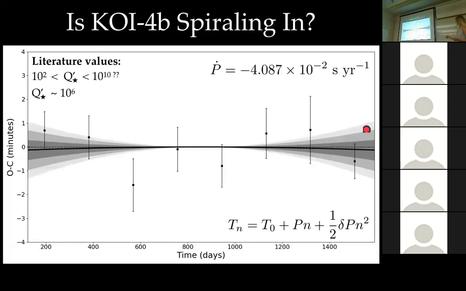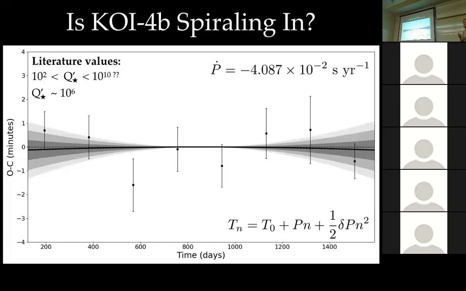However, if you take a look over here, this is 1, 2, and 3 sigma. Within 1 sigma, the answer is consistent with 0. So while we don't detect orbital period decay over the Kepler baseline of the 4 years, what we can do is put an upper limit on how fast this process can happen.